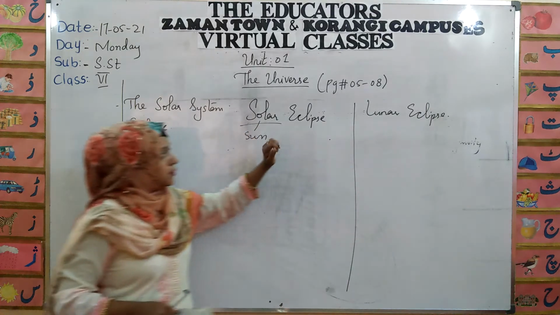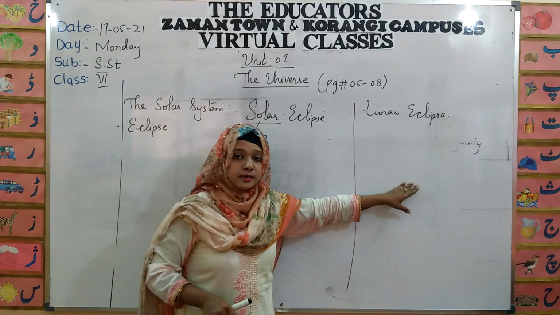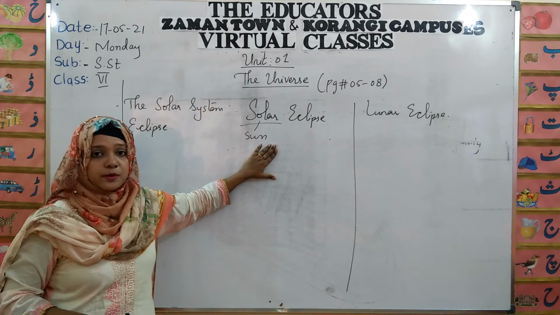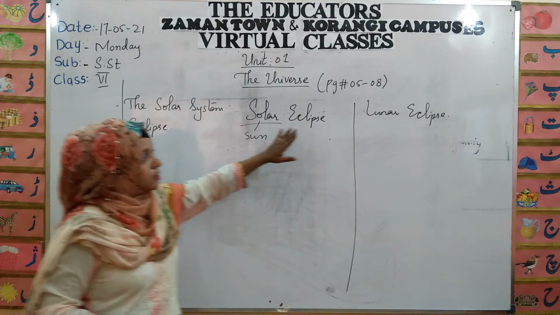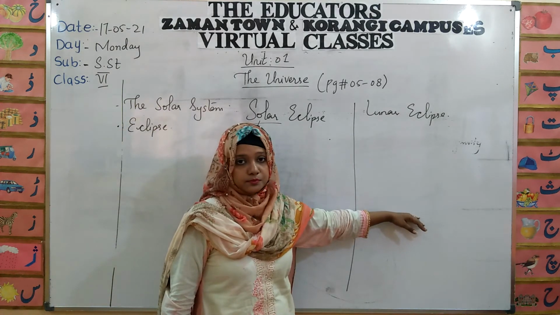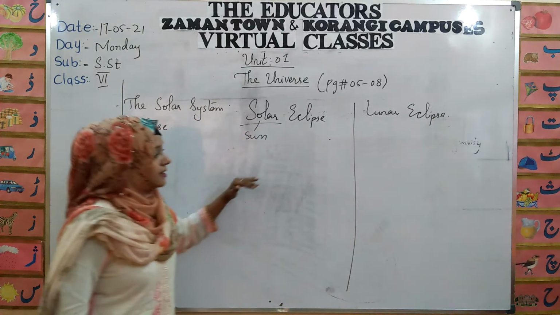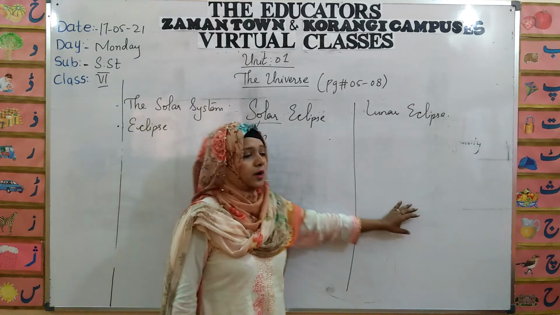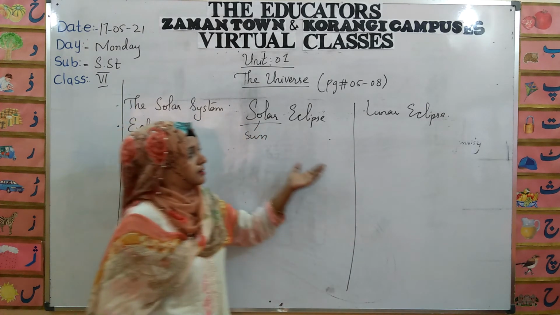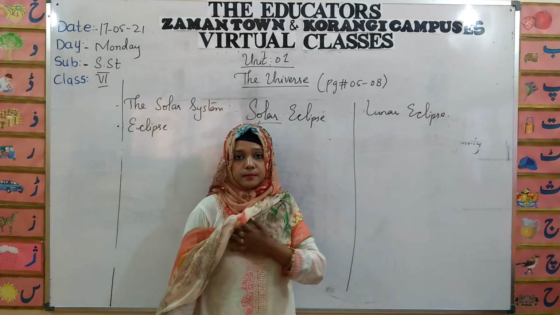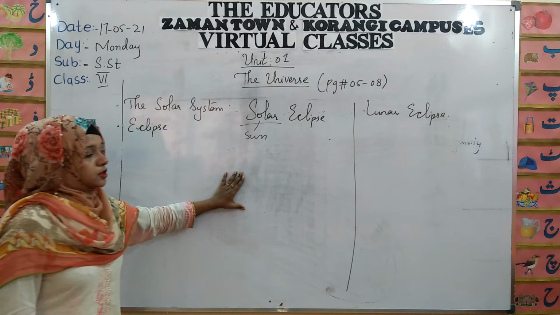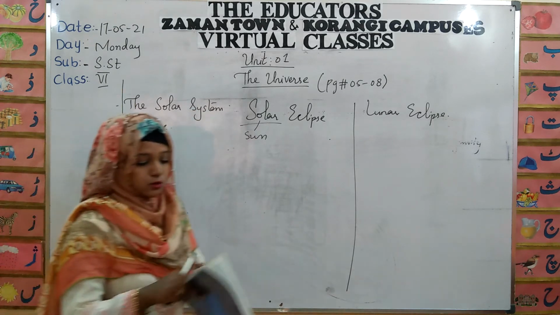The solar eclipse happens during the daytime, the lunar eclipse happens during the night time. Over here the moon comes in between sun and the earth, and over here the moon moves behind the earth taking earth's shadow. It is hazardous to see, and it is quite safe to see. It lasts for a few minutes to seconds, and it lasts for a few hours. Alright, that is all related with the explanation of the eclipse, and the chapter ends over here.